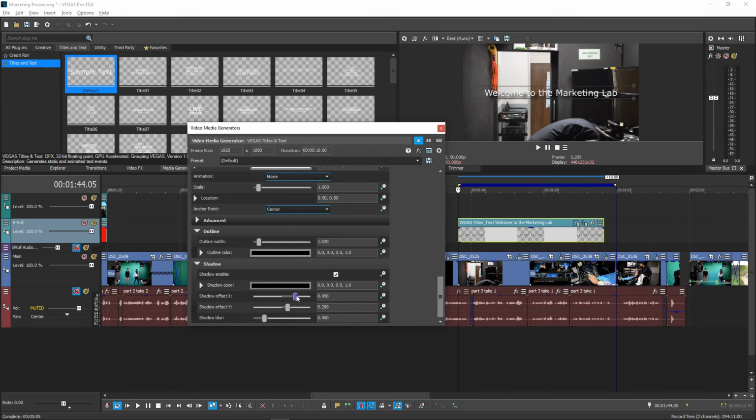These sliders move the shadow locations. If you were simulating actual shadows, then if your light is coming from the top left corner, you would want your shadow to be lower and more on the right. Lastly, the shadow blur. This one is how clear the shadow shows up. The higher the number, the blurrier the shadow.